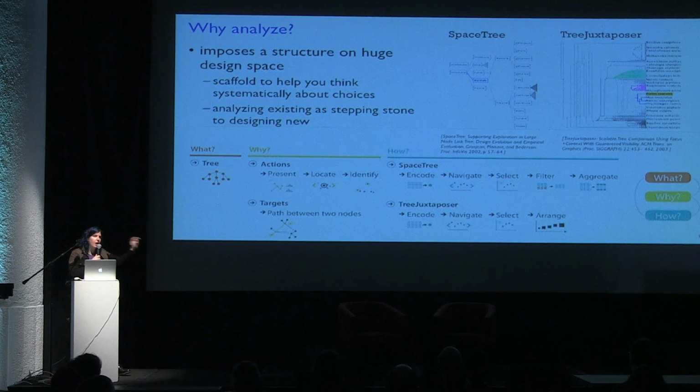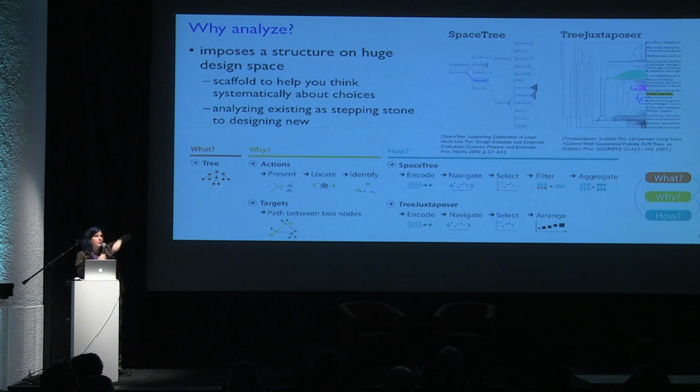Because with SpaceTree, after you've selected something, a lot of the data is filtered out completely and not shown. And a lot of the data is aggregated. That's what these little pyramid shapes underneath are, showing you roughly the size of the tree that was left out. Now with TreeJuxtaposer, in contrast, when you select an area, there's this stretch and squish navigation metaphor where